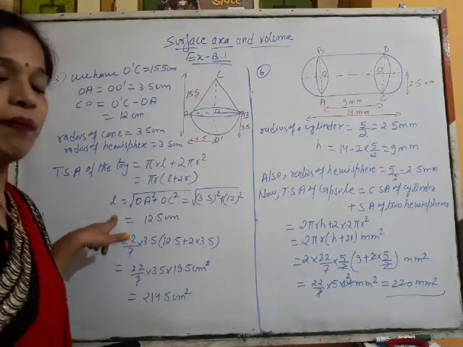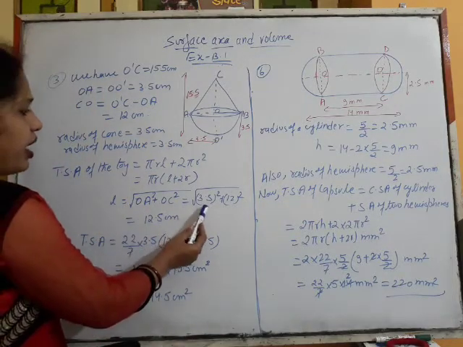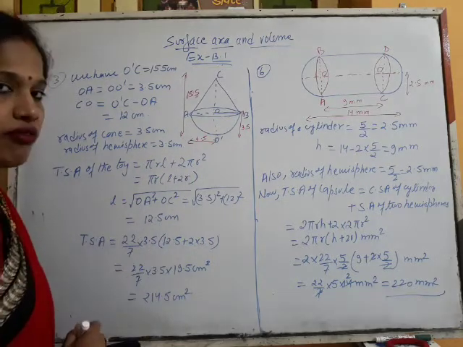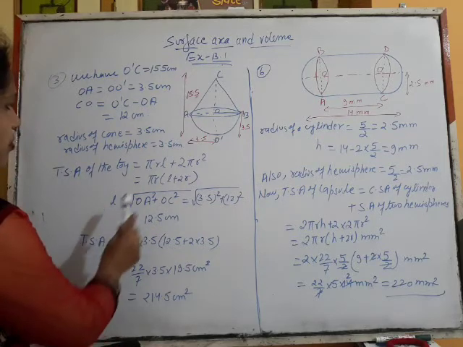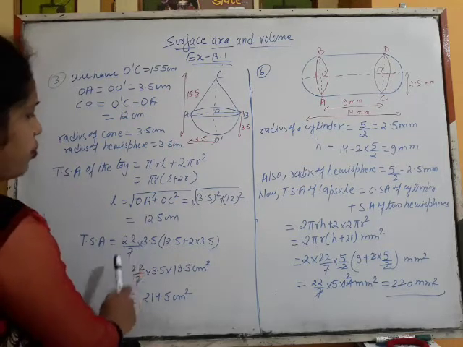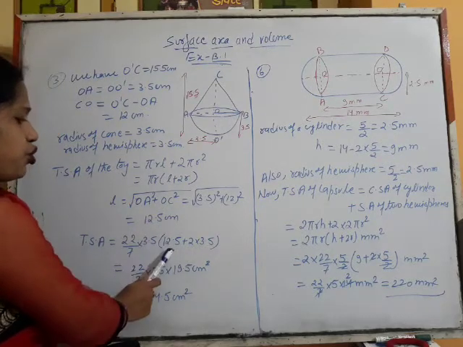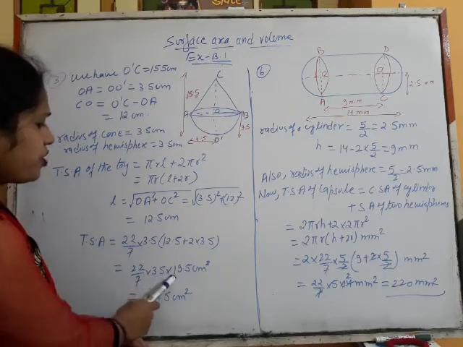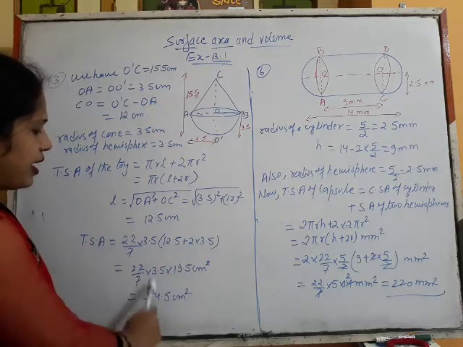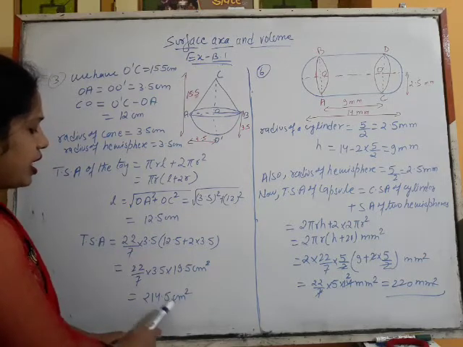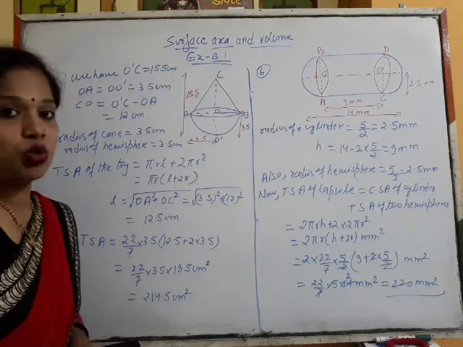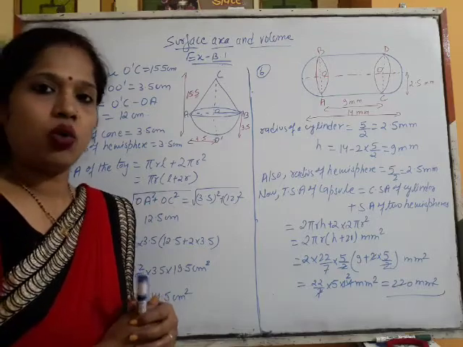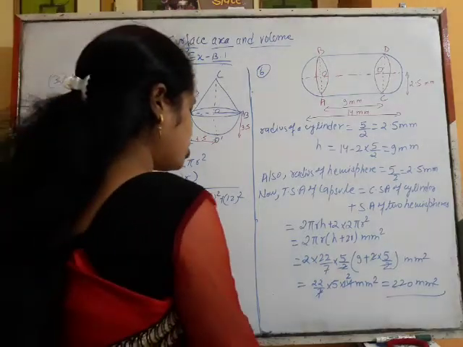Okay, so with the help of Pythagoras theorem, putting the value of height and the radius, we can have the slant height as 12.5 centimeter value. Now the total surface area, we will put the values 22 upon 7, 3.5 is the radius, L is 12.5 plus 2 into the radius 3.5. Okay, so 3.5 here, after calculating 19.5 and after multiplying everything, dividing, 214.5 centimeters square is the total surface area of the toy, which is the combination of a hemisphere and a cone. Okay, now let us move to the next question.